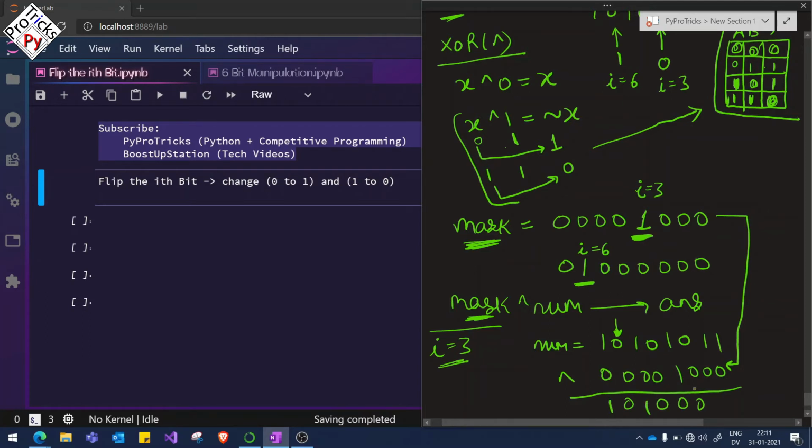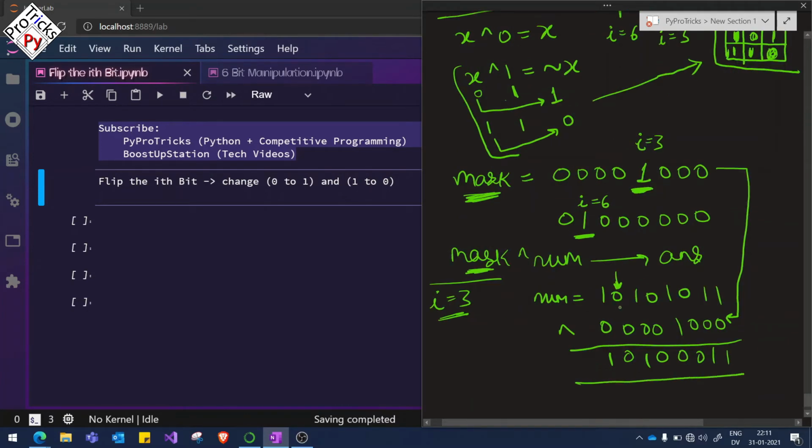So now you can see this bit we are flipping, and it has changed from 1 to 0. We have successfully flipped the bit and all other bits remain the same. There are no changes in other bits. You can check: 1 is 1 here, 0 is 0, 1 1, 0 0, 0 0, 1 1 and 1 1. So all other bits remain the same and we only changed the ith bit.